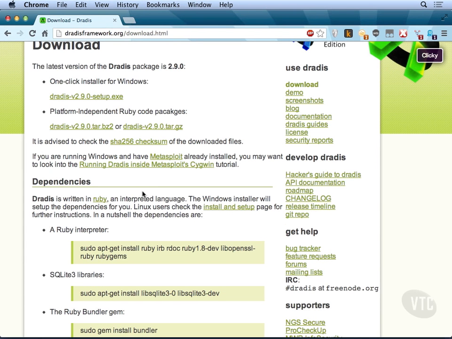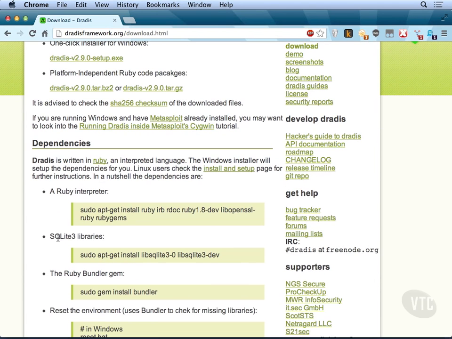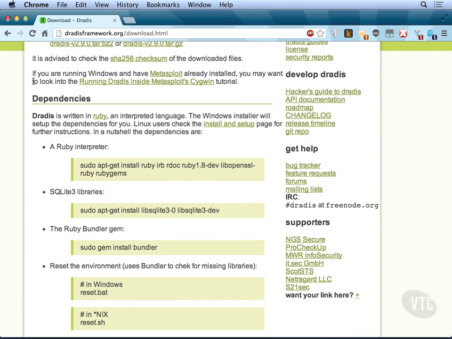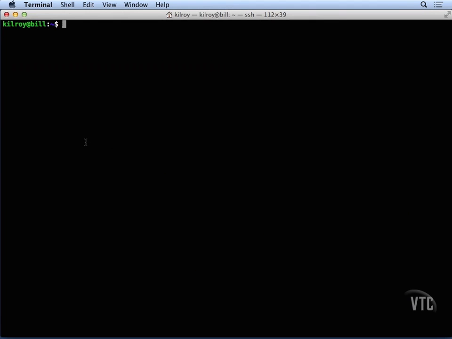So at this point, we've downloaded Dradis and we need to do the installation. You can see there's a number of dependencies that they call out. You need to have a Ruby interpreter, SQLite 3 libraries, and then the bundler gem. Now, once we've downloaded and we've unzipped it, we can actually take a look here at the framework and what